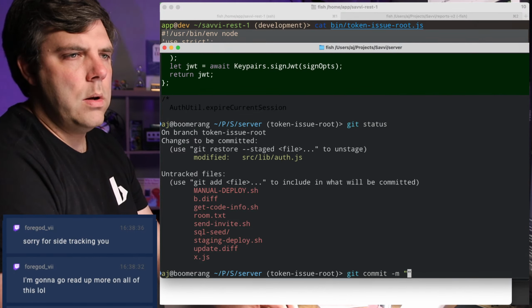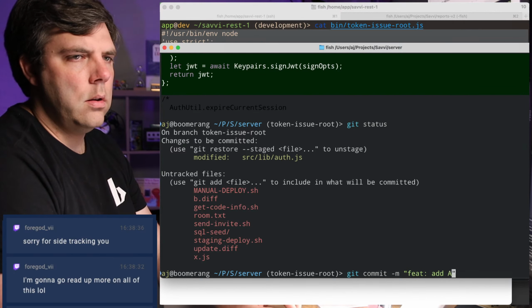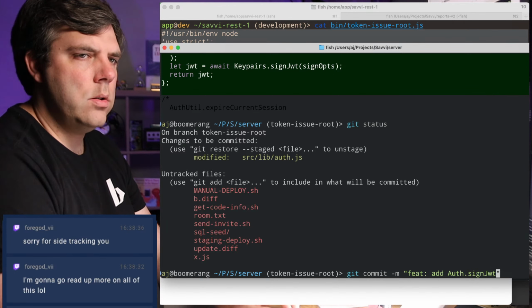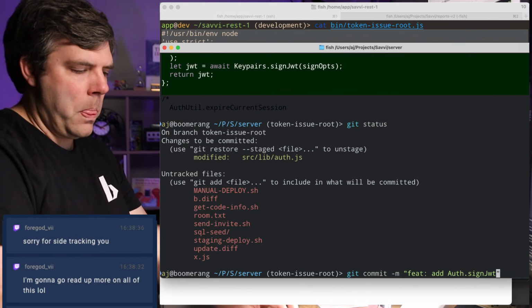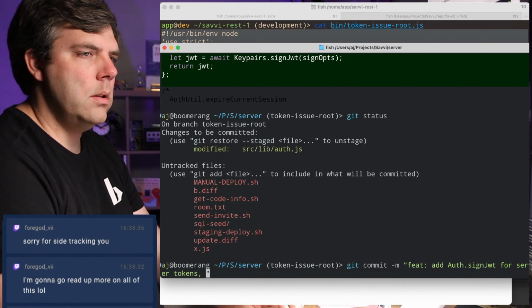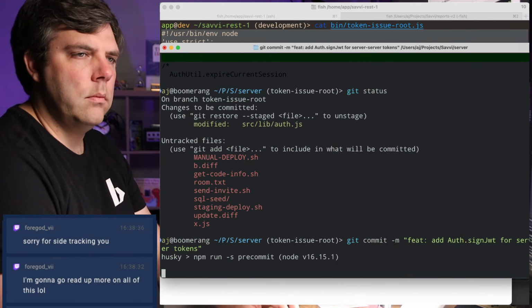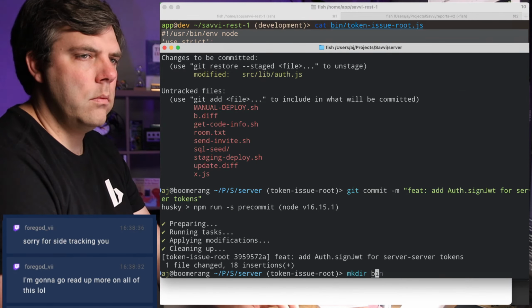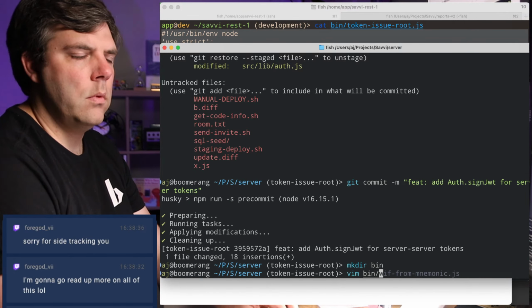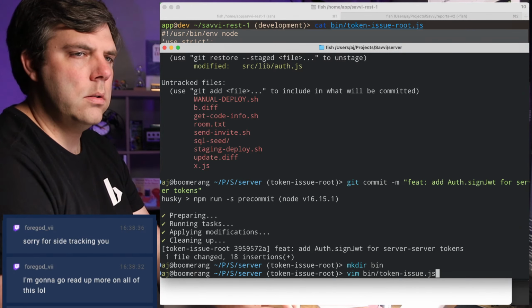Okay, so I'm just going to put this in as feat add auth dot sign JWT for server tokens, etc. Token issue.js.